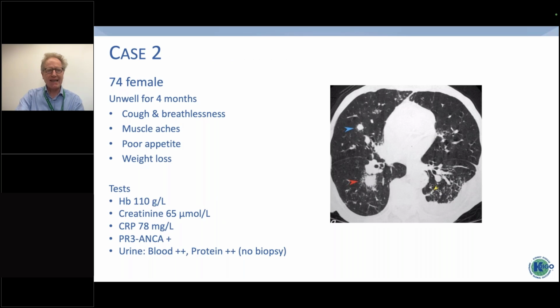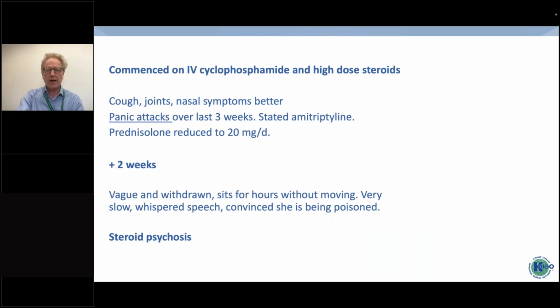So moving on to a second case, this is a 74-year-old lady who had been unwell for 4 months, again with constitutional symptoms, had elevated inflammatory markers, normal kidney function, but was noted to have PR3 ANCA that was positive, blood and protein in the urine. Multifocal abnormalities on chest CT, compatible with a diagnosis of granulomatosis with polyangiitis. She was commenced on IV cyclophosphamide and high-dose steroids with good response of her symptoms, but after 2 weeks she started developing psychological